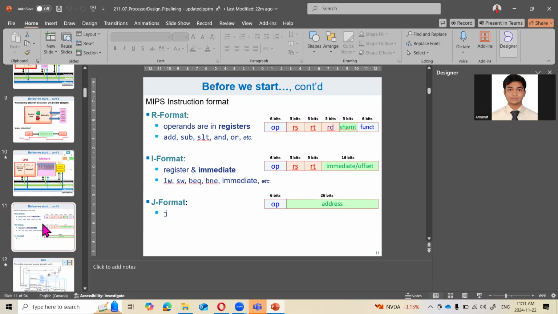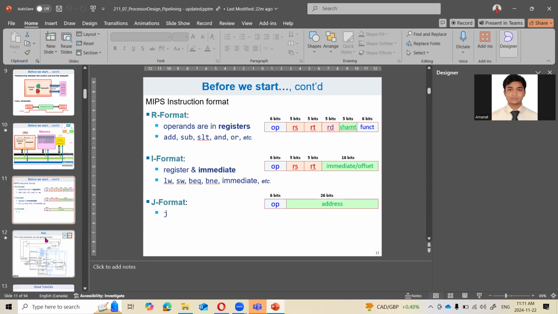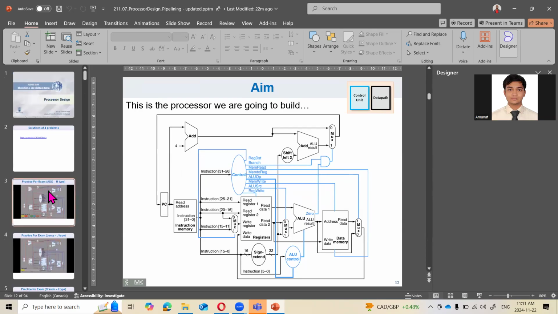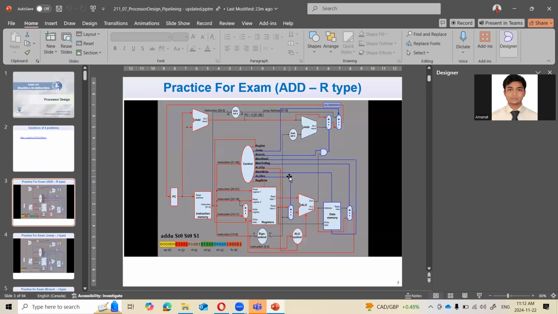So before we start, we know that we have three types of instructions: R format, I format, and J format. The aim of today's lecture is that you will be able to understand how you get the current instruction from the program counter, which is PC here, right? And then how it goes into the register file, how it gets executed. At the beginning of the class, I show you, we will use this same processor again and again, and you will be able to trace how an input goes and how we get an output